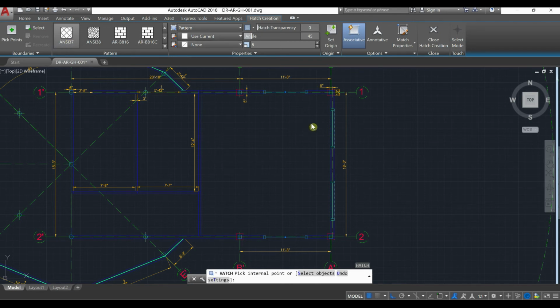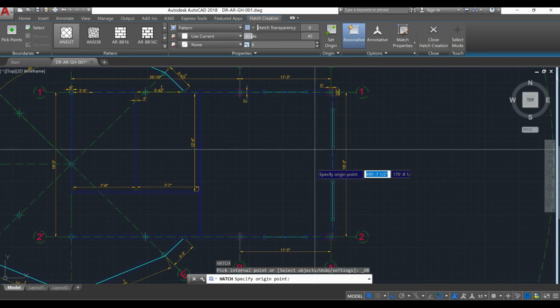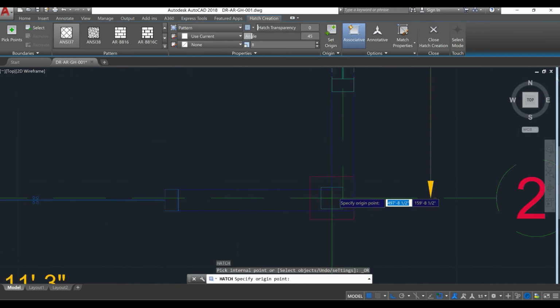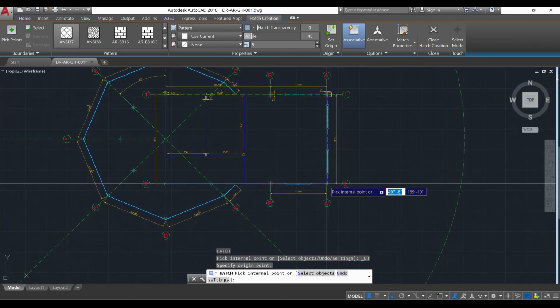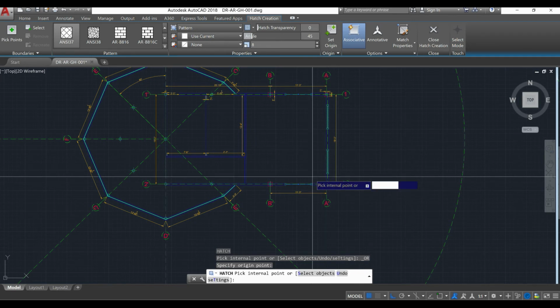So you only have to divide what you want by what you have, and by definition it is 3 inches. So set the origin, because we want the tiles to start to be drawn from here. So I think that's all. So let's click on the center,